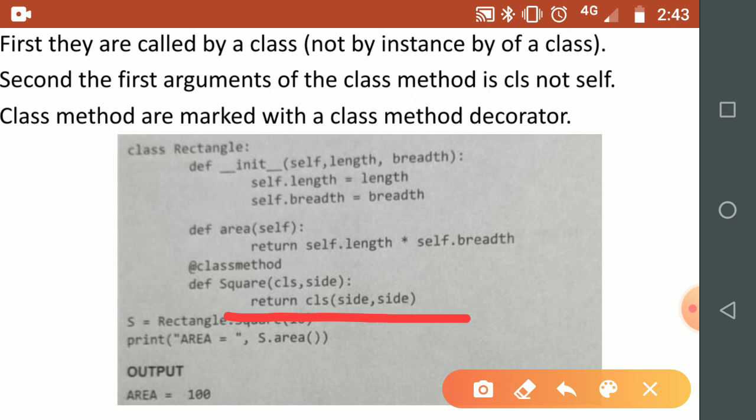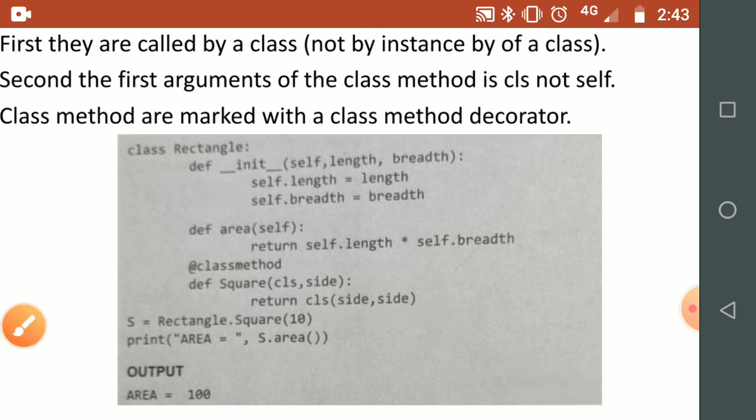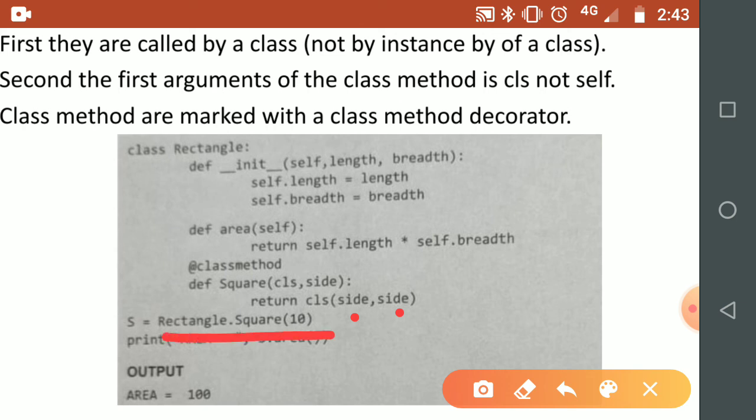So it will return cls(side, side), which means 10, 10, two parameters it will pass. In this way we have created the object s of this Rectangle.